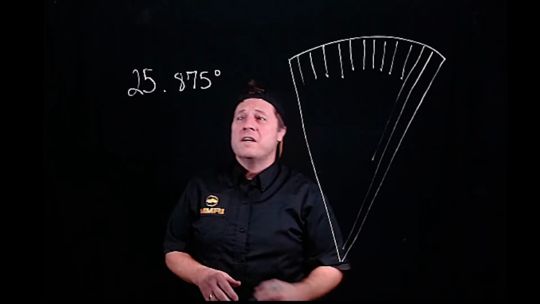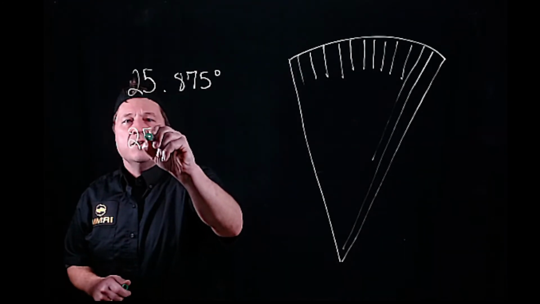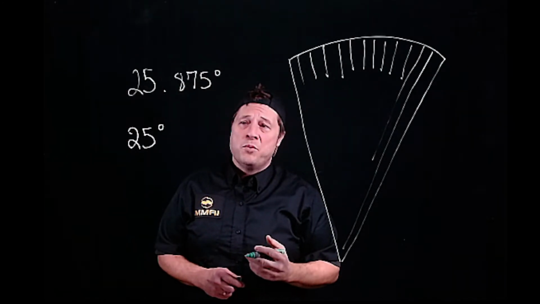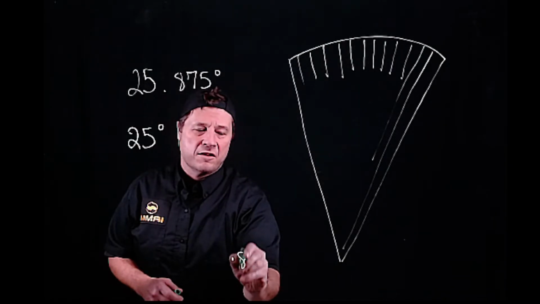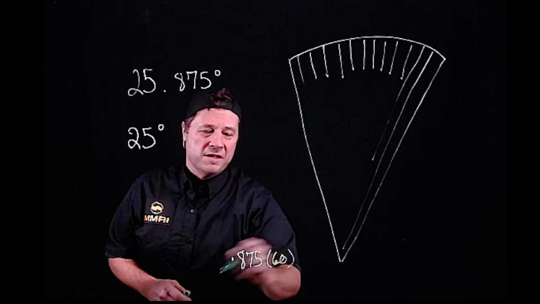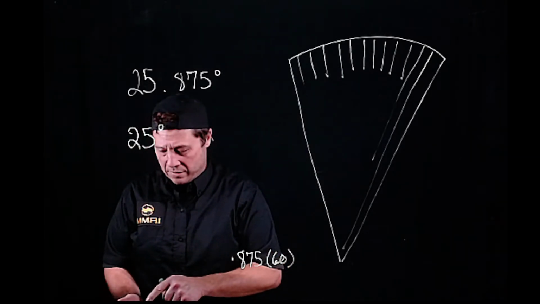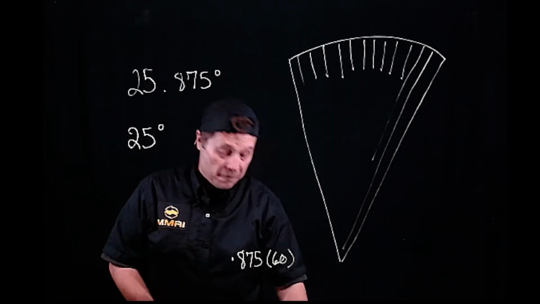Well, the first thing that we got to do is write down the whole degrees. So we'll bring the 25 down. Okay, 25 degrees. Now our fractional degrees is 0.875. So we take this 0.875 in our calculator and multiply that by 60, right? Because 60 is our multiplier. So 0.875 times 60 is equal to